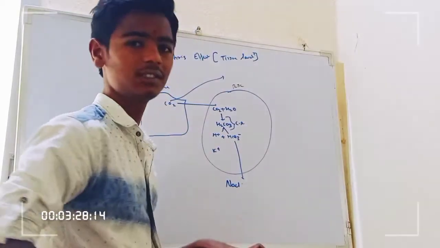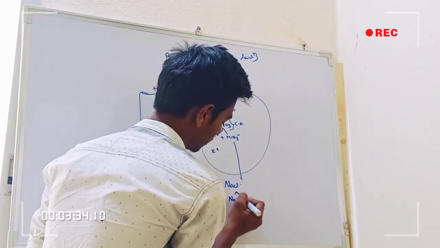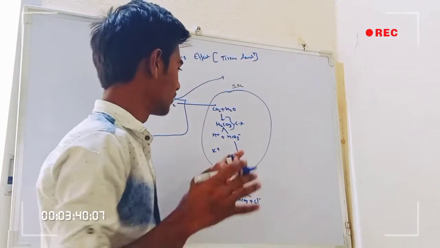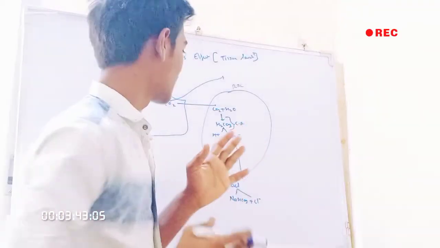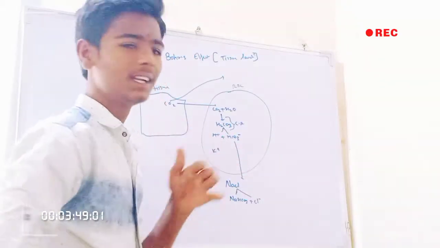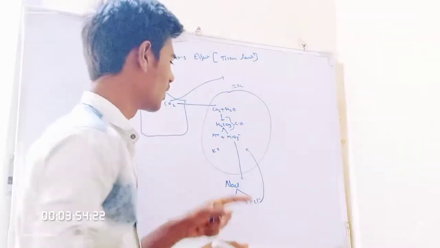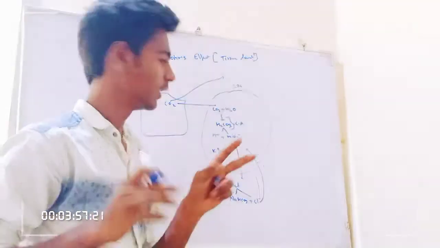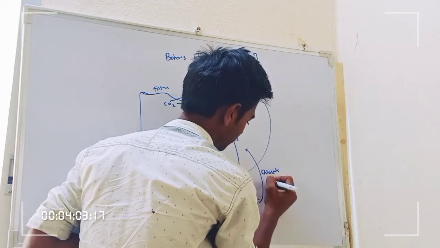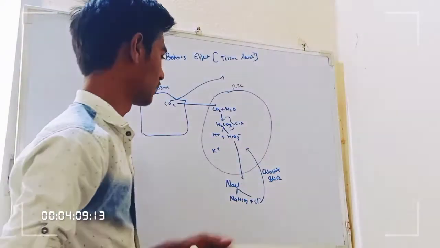It reacts with the NaCl and forms NaHCO3, sodium bicarbonate, plus Cl-. Now, as we can visualize, the negative ions have higher concentration in the plasma, so to maintain this balance, the chloride goes inside the RBC. This phenomenon is known as the chloride shift, as chloride ions maintain this balance.